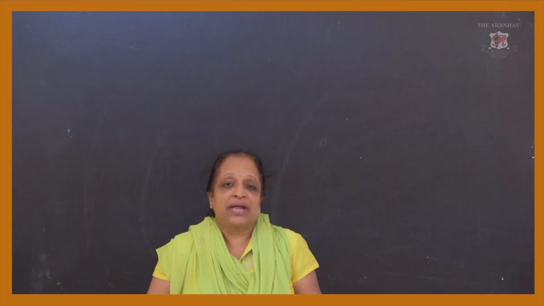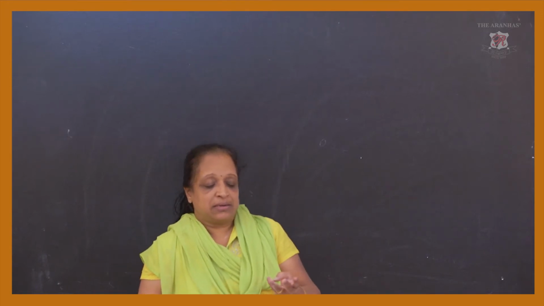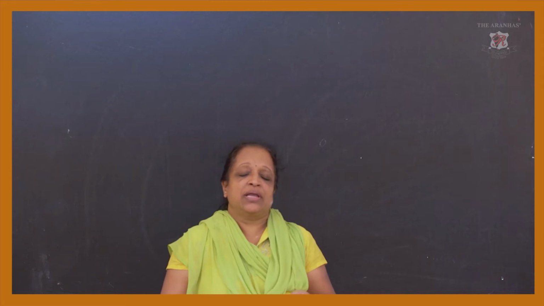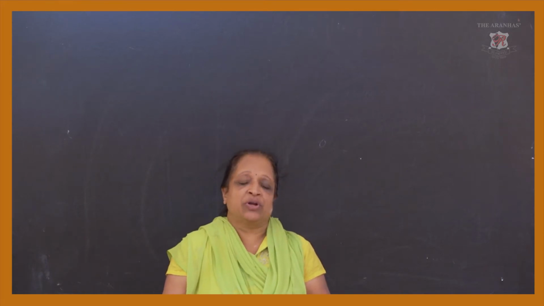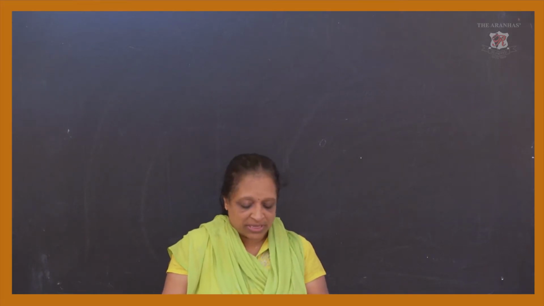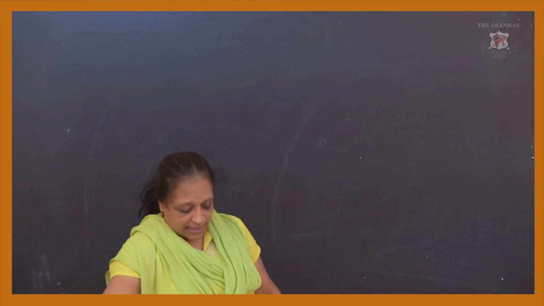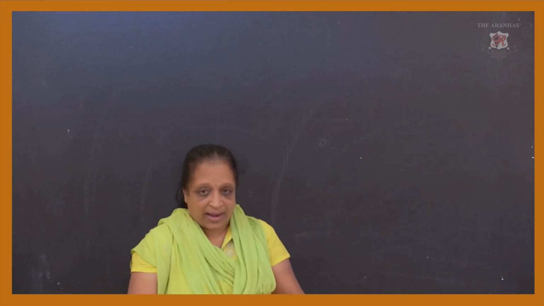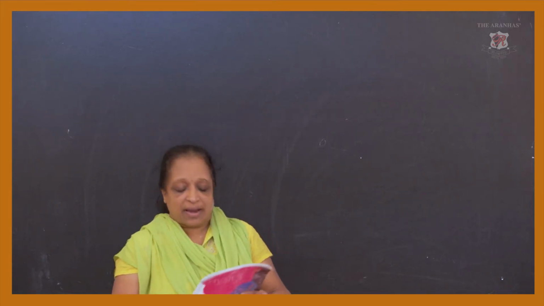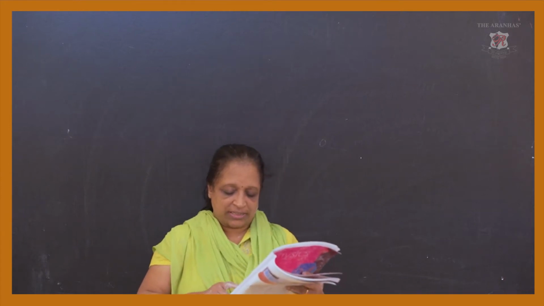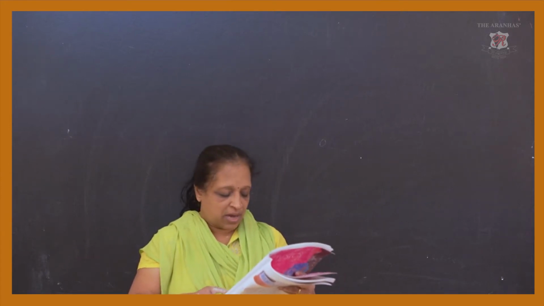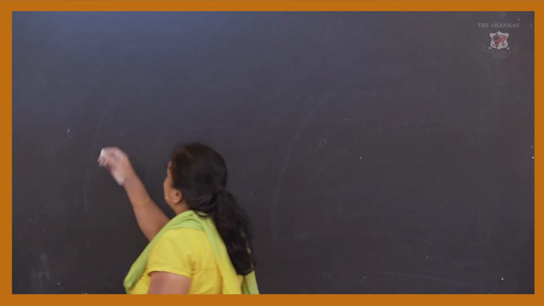In our previous class we had seen what reflection means, what image formation on the plane mirror is, and the laws of reflection. We have also seen how the images are formed on the plane mirror. In connection to that, we have one more diagram given in your textbook, that is the object and image are of the same size.